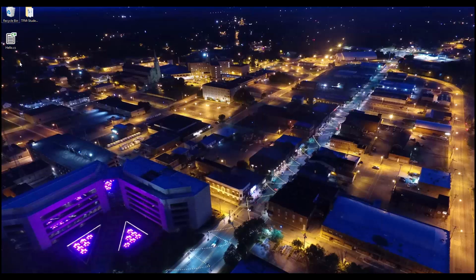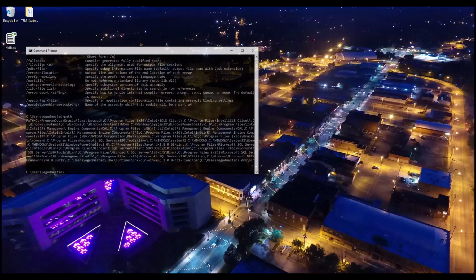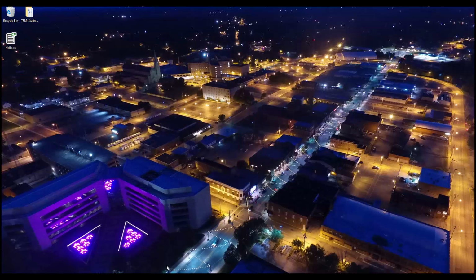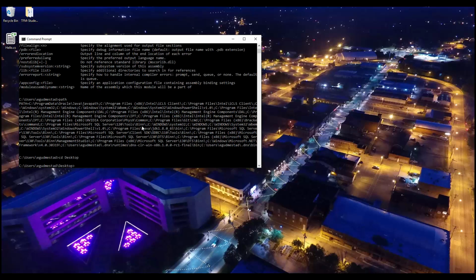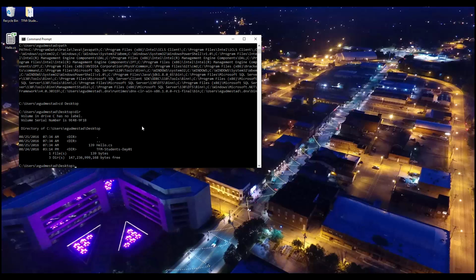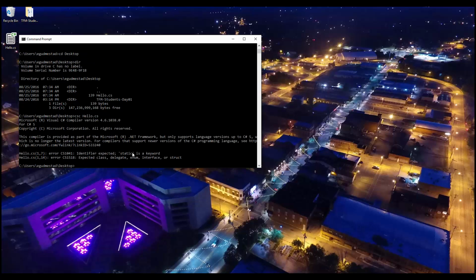You see we now have a C# file. If I were to double click that, it would open up in Visual Studio, but we're not doing a Visual Studio example at this point. We're just doing command prompts. Now I'm going to change the directory on my command prompt to the desktop. If I type in dir, you can see my C# file. And let's compile that. So csc hello.cs,